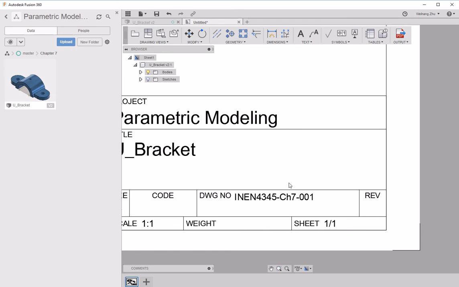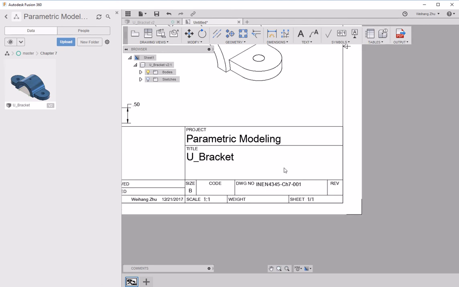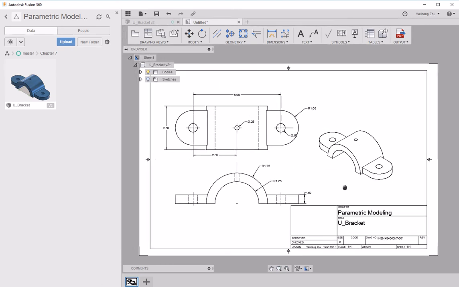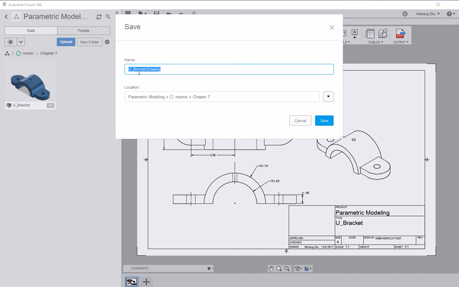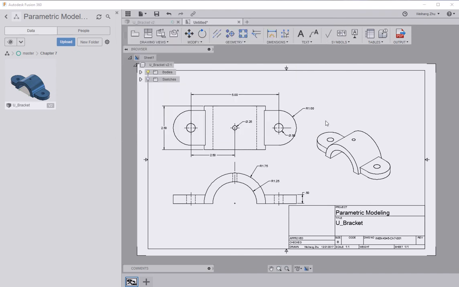Alright, so the last thing is I want to show the associativity between the model and the drawing. So let's save this first. This will be called U-bracket drawing. We'll just save it here. Now we go back to